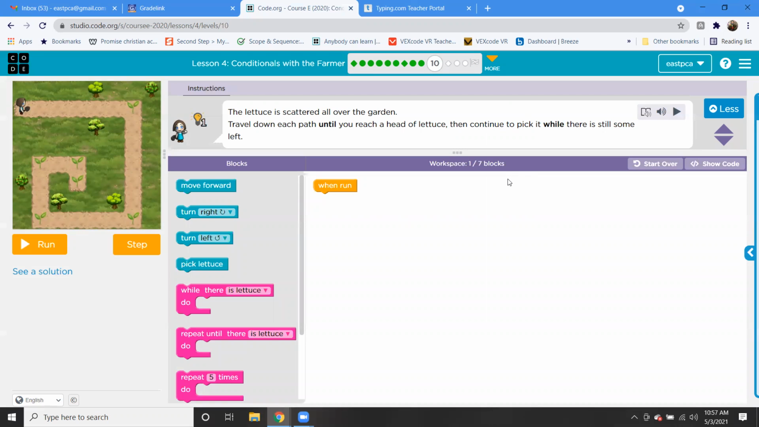The lettuce is scattered all over the garden. Travel down each path until you reach a head of lettuce. Then continue to pick it while there's some left. So now we're kind of doing a similar thing. Repeat until there's lettuce, move forward, and then while there is lettuce, pick the lettuce, and then we have to